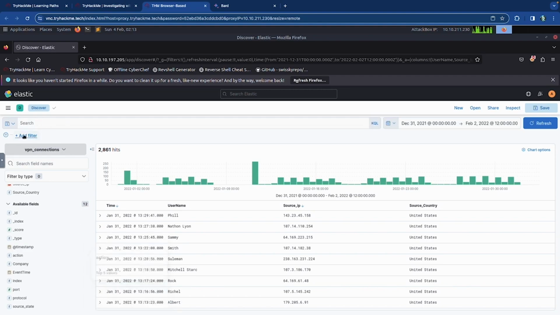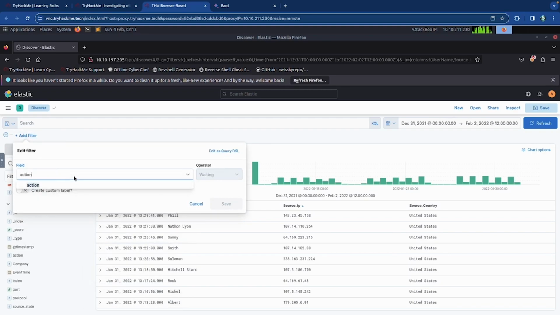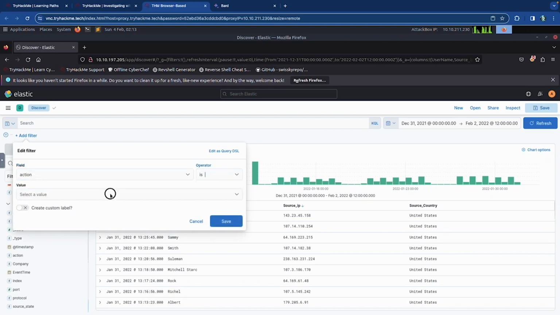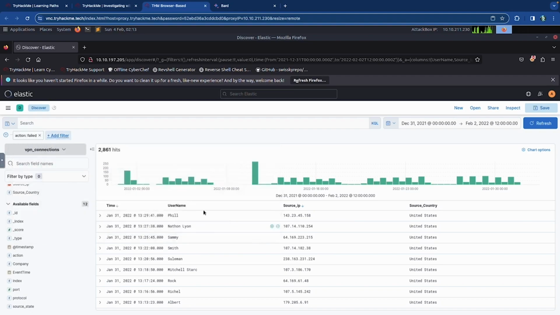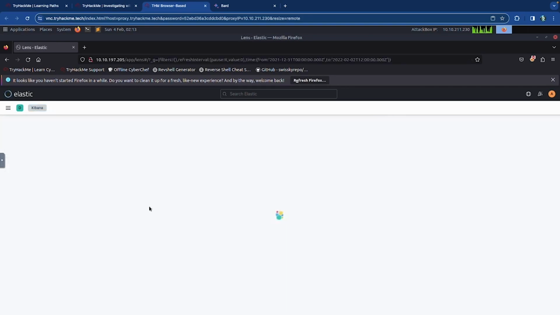First we're going to add a filter where the action would be failed attempts. So action is, and the option is failed. So action is failed, and then we're going to save that. And now we have that. And so we can click on username and visualize,